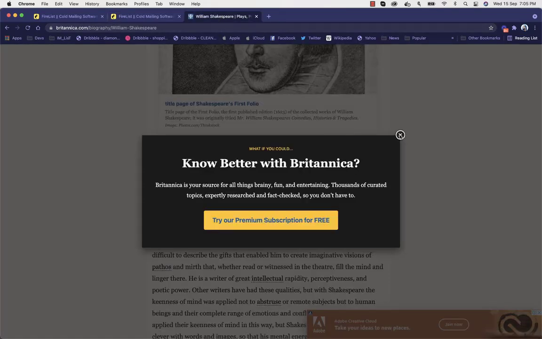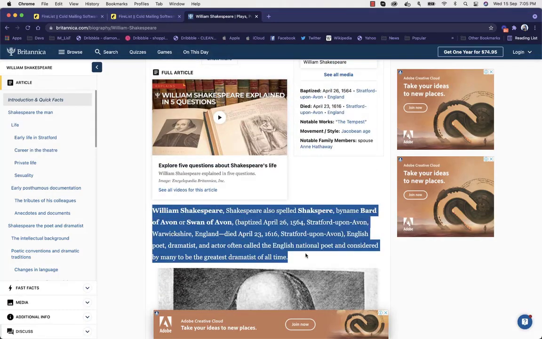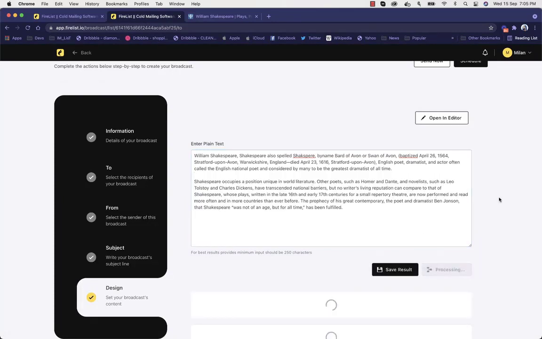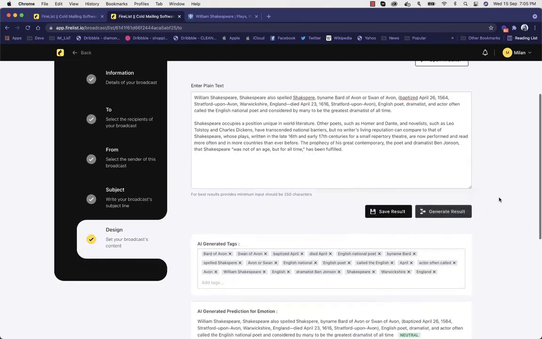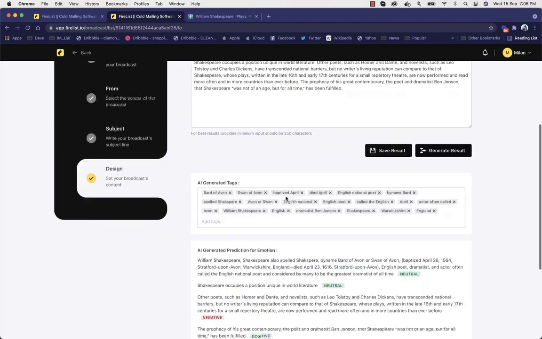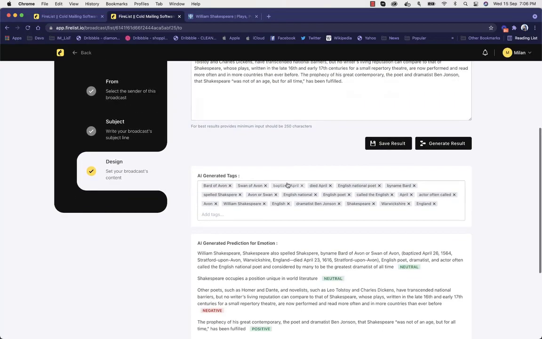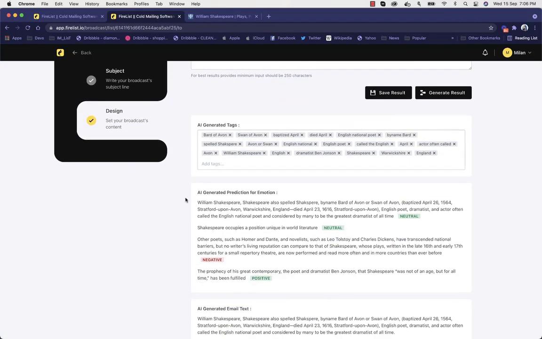Any kind of initial content, you should write about some topic, and once you are done with that topic, it will not just generate results for the topic, but it will generate all the tags related to this text. So the AI is going to generate all the related tags. This content must be related to all these keywords: national English, English poet, Shakespeare, English, William Shakespeare, actor, often called. All these keywords it will show you, and it will show you the emotion